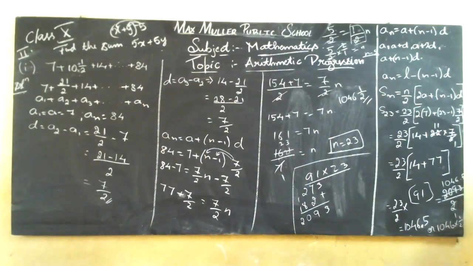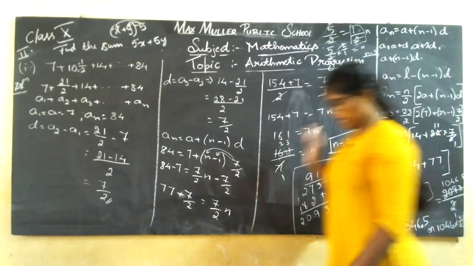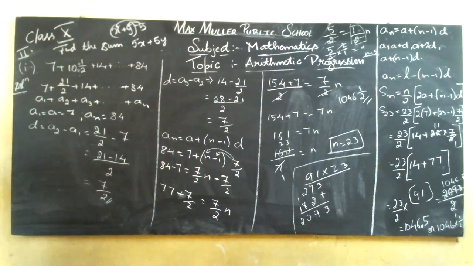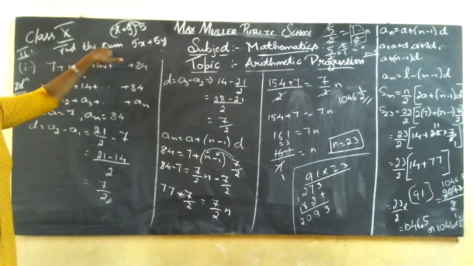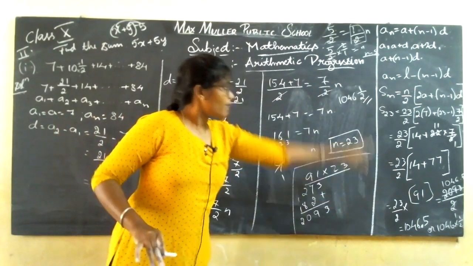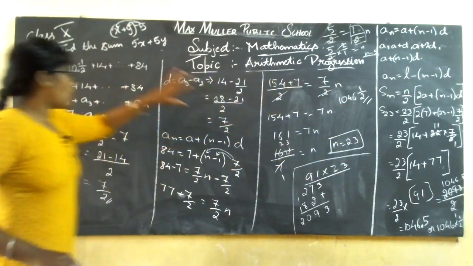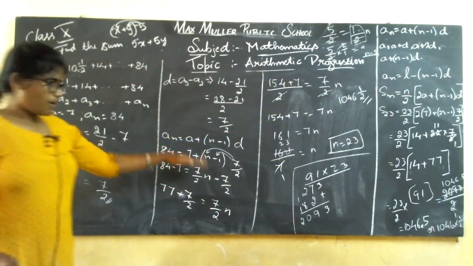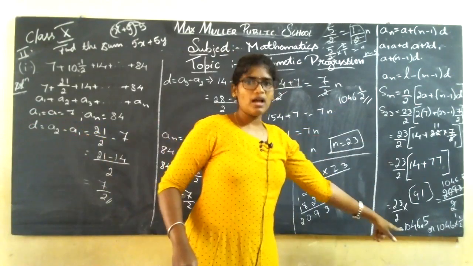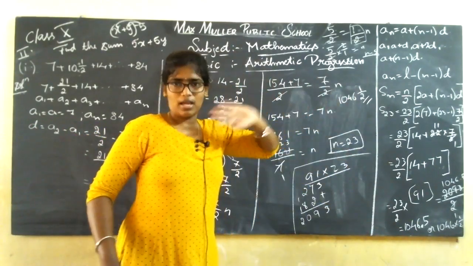Clear? Did you understand? This is the process you are going to do. They might ask you for 3 marks. If the sum comes in the examination, they might ask you for 3 marks. They'll give you the question and ask you to find the sum. That's all. They won't give you the value of n, or the value of Sn either. So you use the arithmetic progression formula first, find n, then substitute in the formula so that you get the value of the sum.